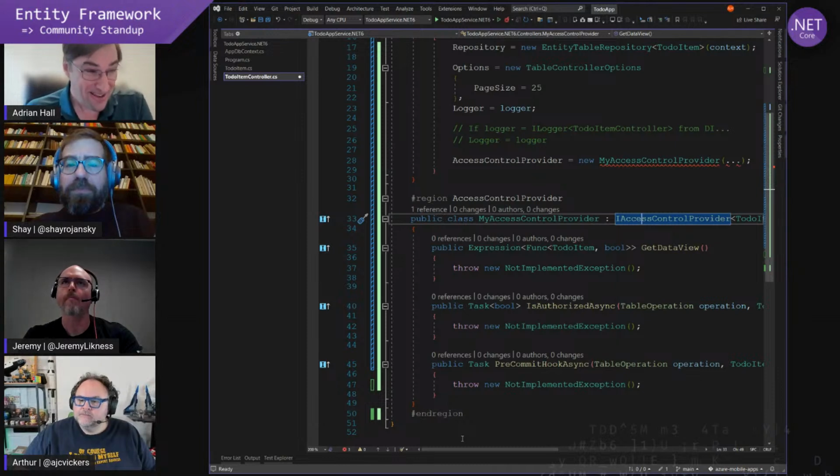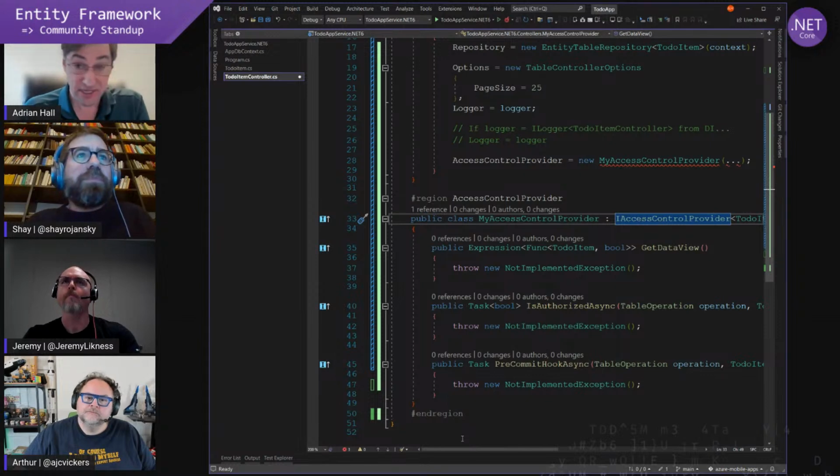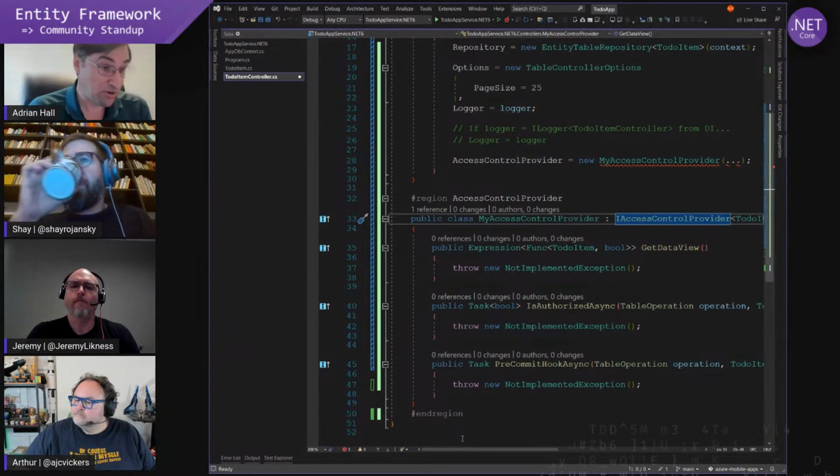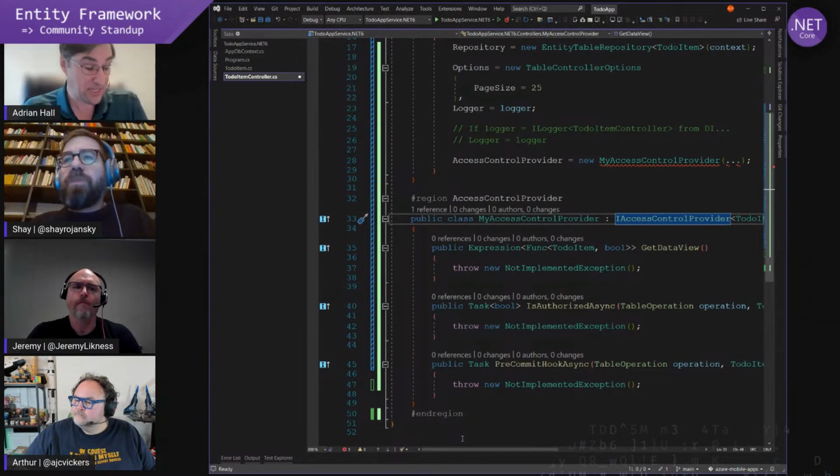So that covers a whole bunch of options, and you can reuse these. The reason we made it an interface and a class that you implement is you could have a generic access control provider, for example for a personal table, that stores a user ID and does all of the authorization to say this is my personal table.